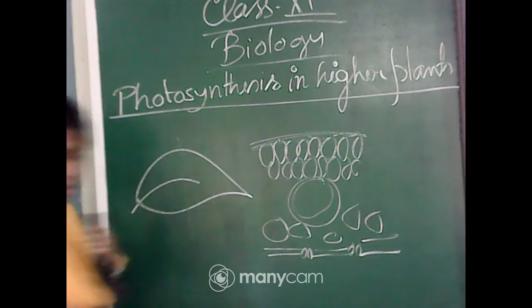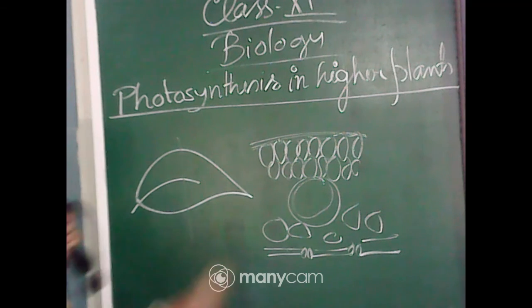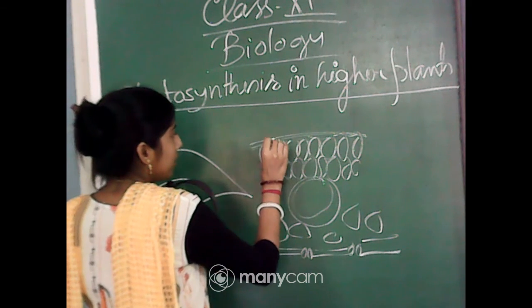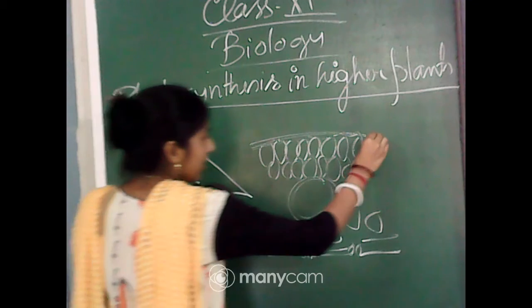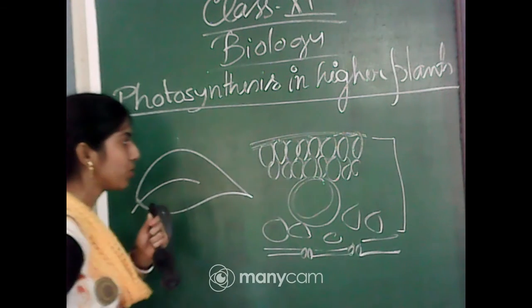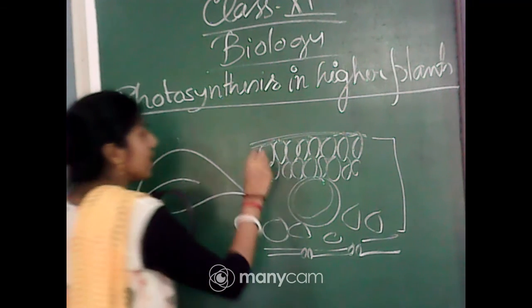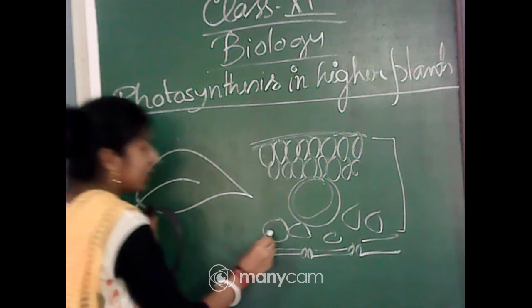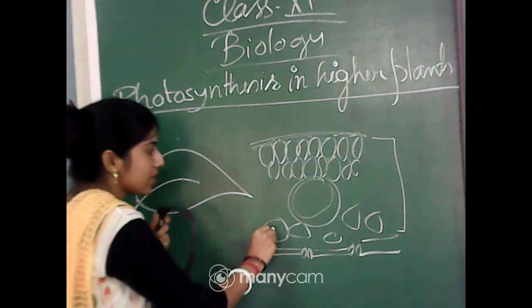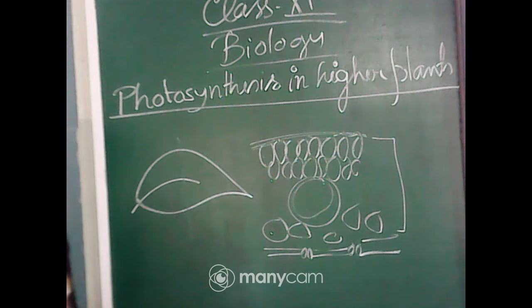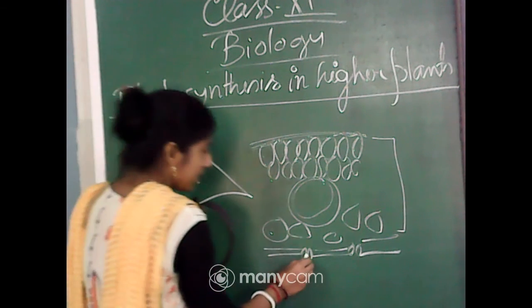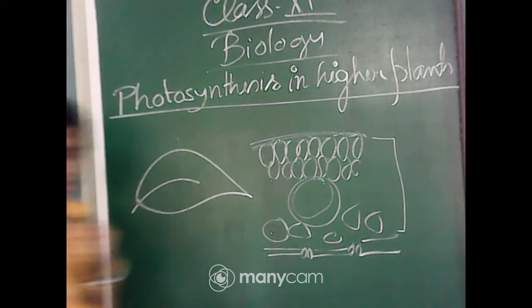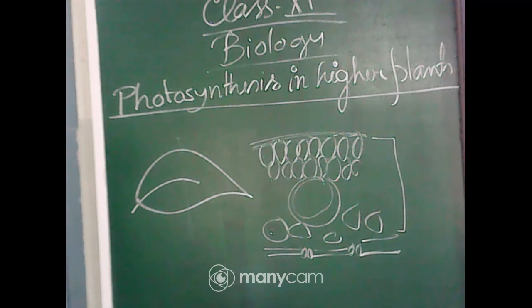Right? So the upper layer, this one is cuticle, below that one is upper epidermis, this one is considered as mesophyll cell, and these cells are palisade parenchyma, and these are loosely spaced cells which are called spongy parenchyma. Okay, so these are the stomata. So this is the structure of mesophyll cell. Okay, I will tell it at the end of my class.